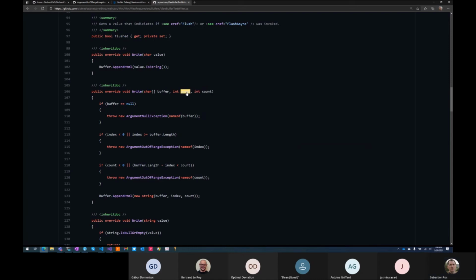If you have index which is 0 and the buffer length which is 0 and count is 0, meaning I want to write an empty char array from 0 and 0 length, like empty, this exception will be thrown, and that's what's happening. So this method is called with that. So this should be strictly greater. So that's a bug here, but it happens only on Orchard,